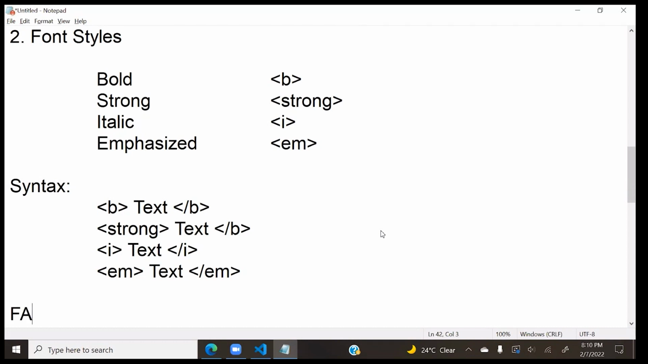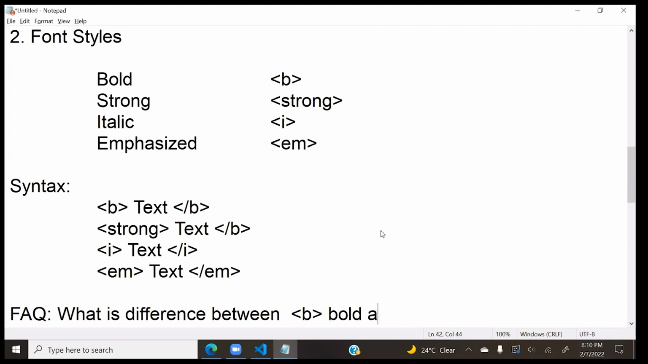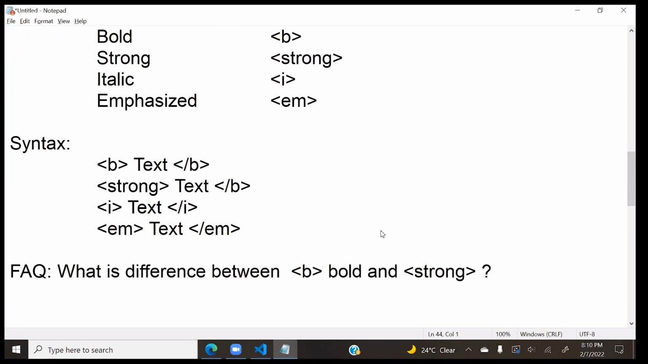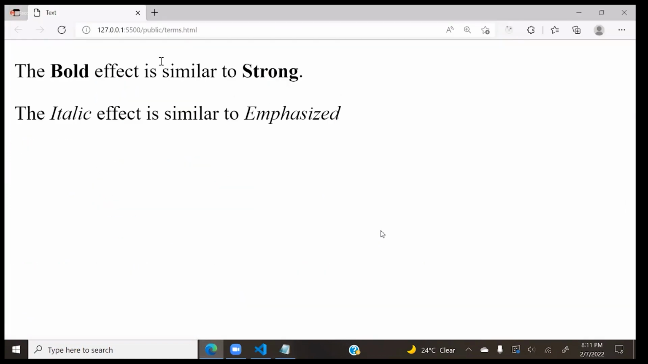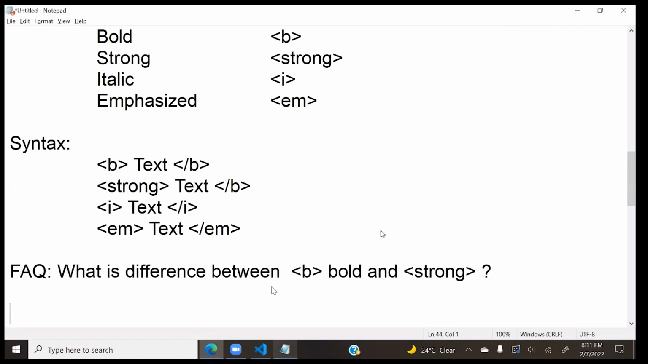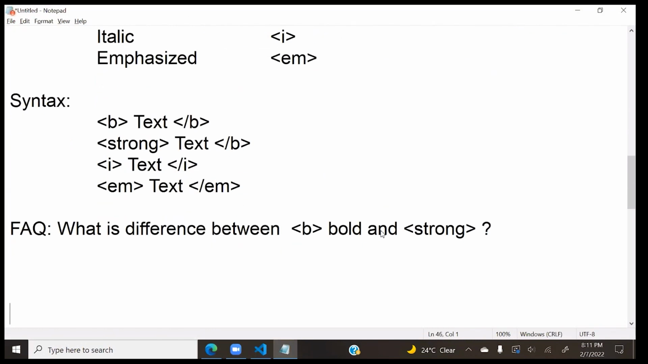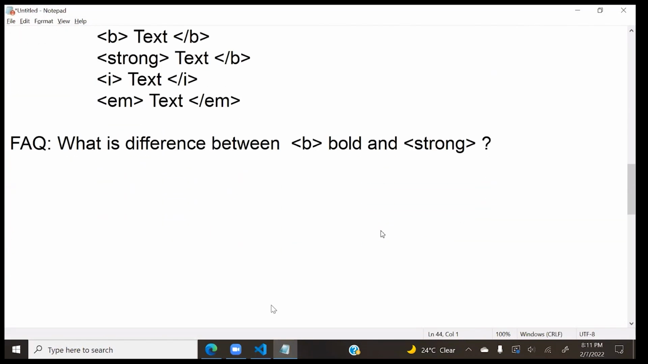Now the question, frequently asked question, what is difference between bold and strong? Bold and strong, that is the option. Because both look same. What is difference between bold and strong? If you know that, same for italic and emphasized. Because both are looking same, then the question will come, what is difference? So let's see. To understand the difference between bold and strong, what we have to do is